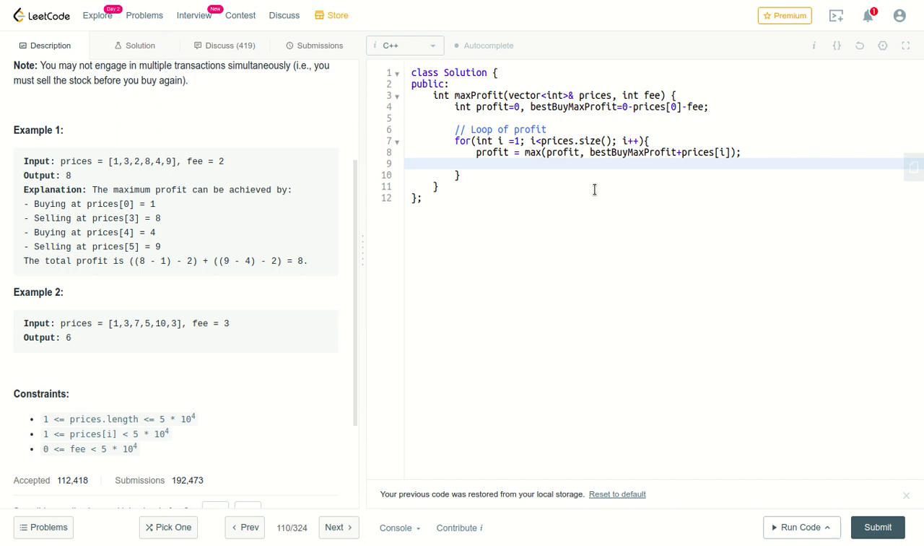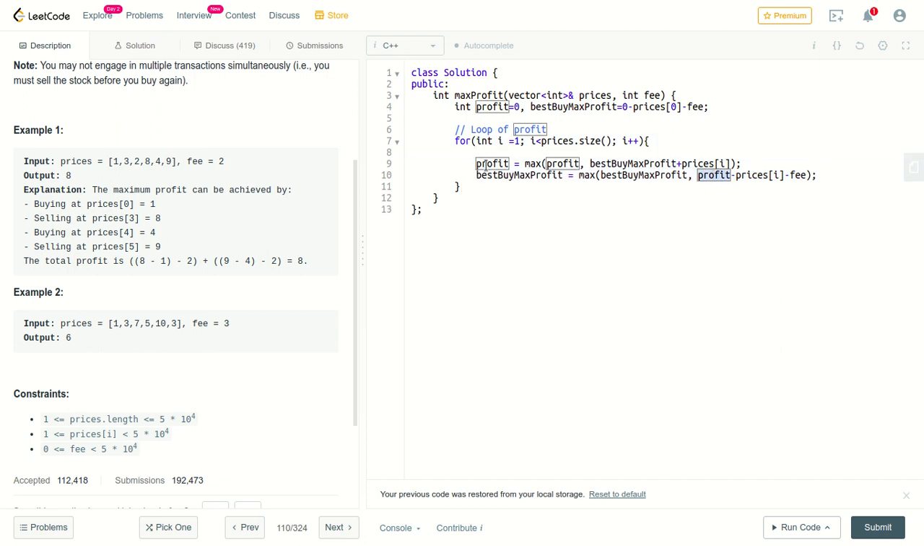Okay, and next comes this variable, best buy max profit. This will be obviously max of best buy max profit, the previous one. Okay, and what profit, yeah, obviously there is another problem. Let me show you. So profit minus prices[i] minus this fee. Okay, and obviously